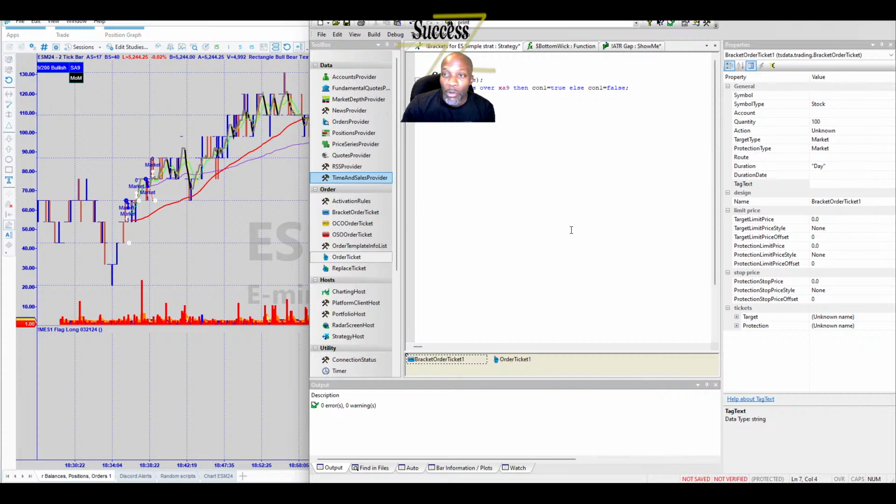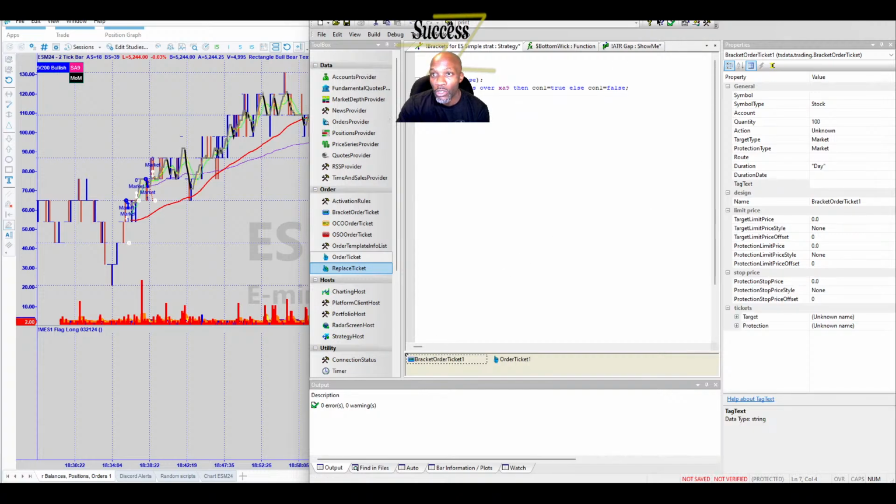All right, so I can talk about this part real quick. I just went over to the toolbox and pulled over the bracket order as well as the regular order, just a regular order ticket. This is how you would use the order tickets to automate your trading from an indicator, right? We just made an indicator. You can automate those trades to take trades from that indicator as opposed to making a new strategy to do it. So what you would do here is, once you have this bracket order pulled up,